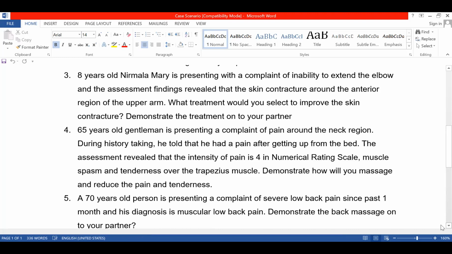Okay. So here you need to break the adhesion. You can also add friction, because friction around the scar tissue or at the borders of the scar tissue will help you break the thickness or contracture. Okay. So it is good. You need to treat only the area. You don't need to treat the whole upper limb.